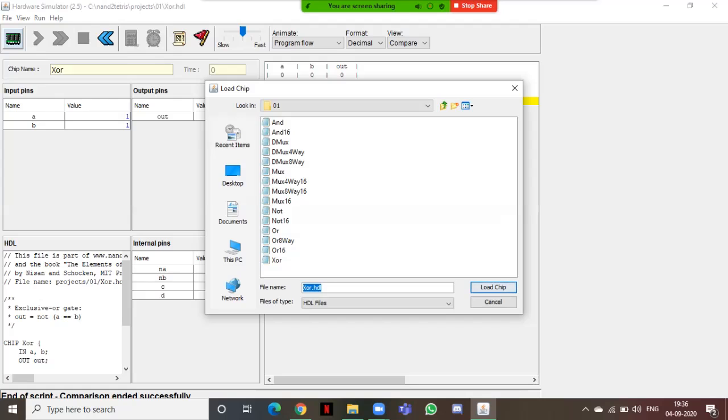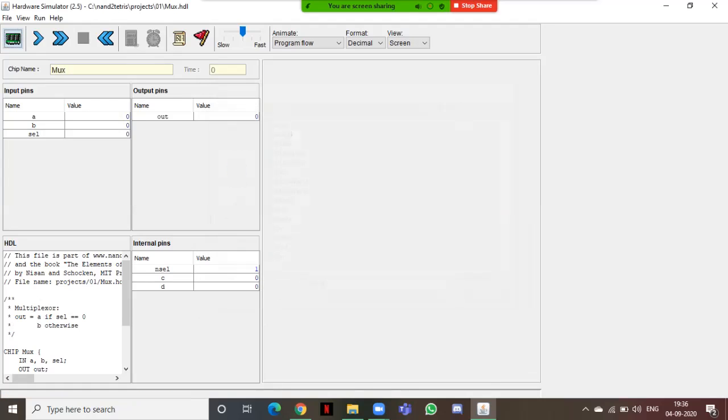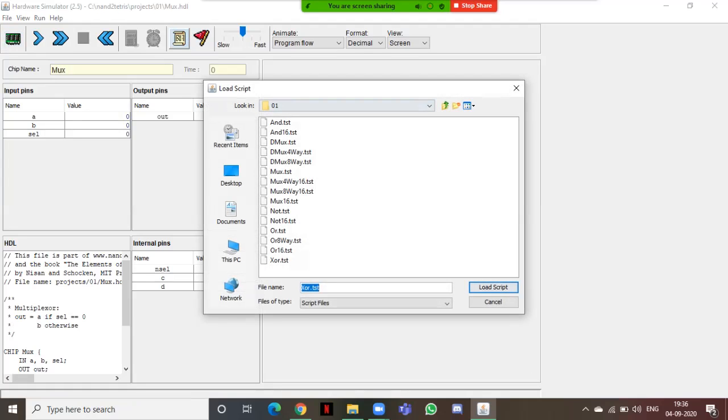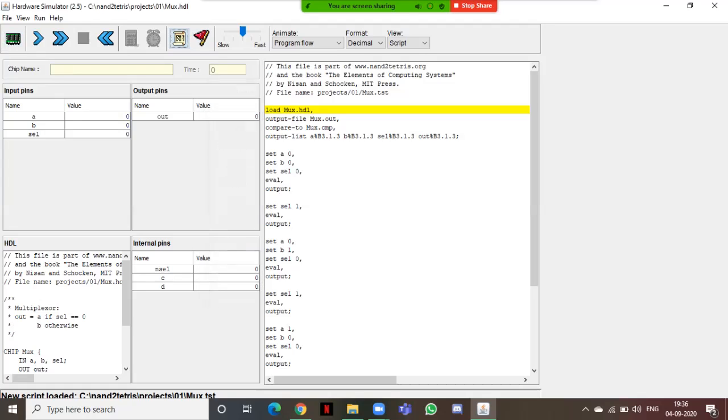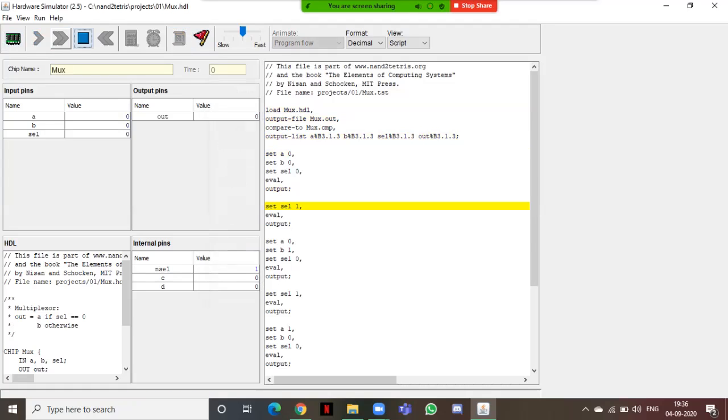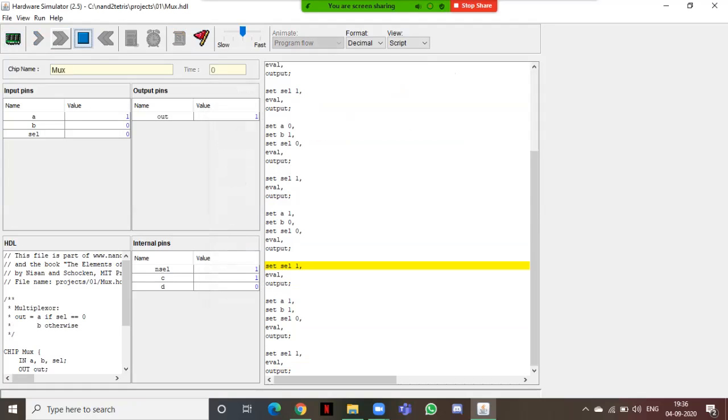Now we'll be doing Mux, or multiplexer. We load the script for the same. Shall we execute? Keep looking at the values.